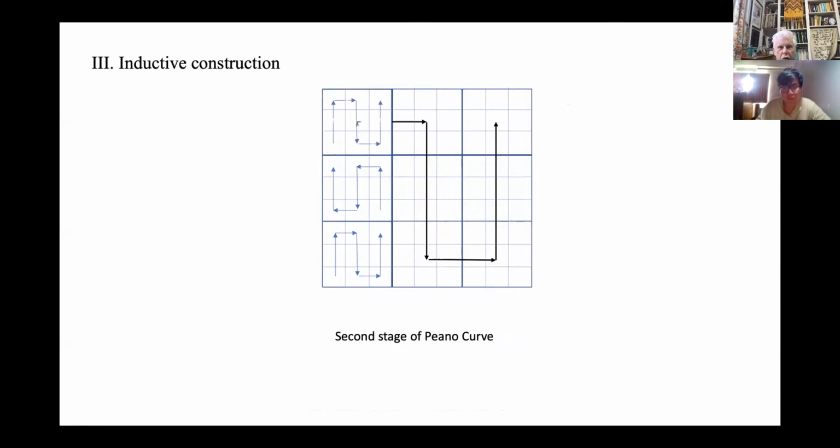One at a time. Yeah, this looks good. This is exactly what the second stage is supposed to do. And at some point, maybe here, you notice that the terminal pattern of any square is the same as the initial vertex of the next square. So the terminal vertex of any of these subsquares is the same as the initial vertex of the next square. Okay. That you can just say in words.